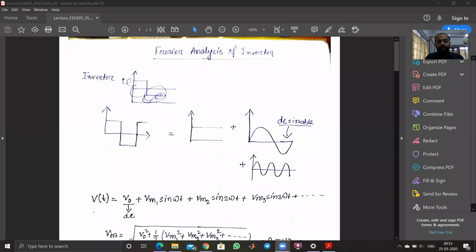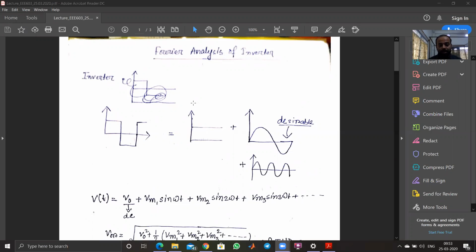Today we're going to start our lecture by analyzing the Fourier analysis of the inverter. Last class we learned what a single phase inverter and a three phase inverter are. Now here, we know that if we convert a DC source to